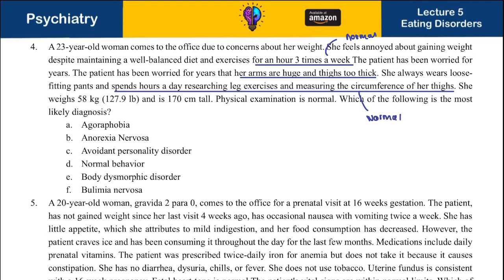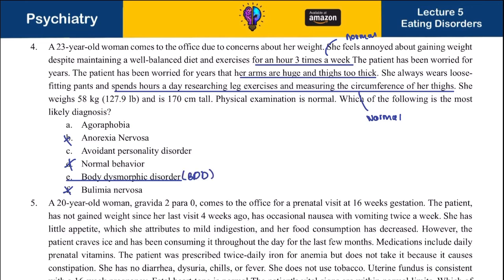She weighs 58 kilos and is 170 meters tall. Her BMI is normal. Which of the following is the most likely diagnosis? It is not normal behavior. Her BMI is normal. And this is not bulimia nervosa. This is body dysmorphic disorder. BDD